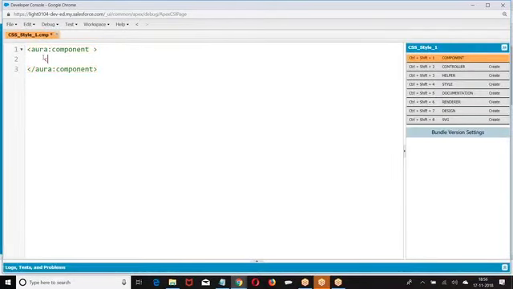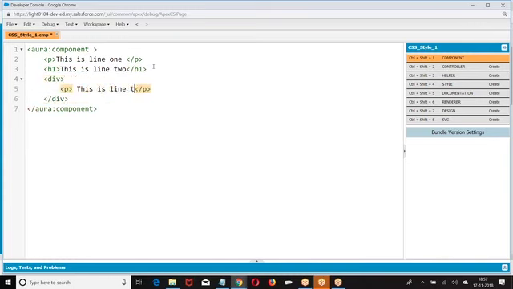So I have given this is line 1. This is what we have got.